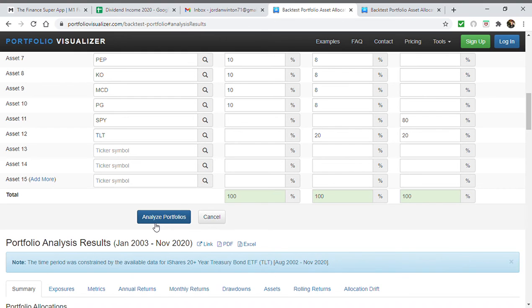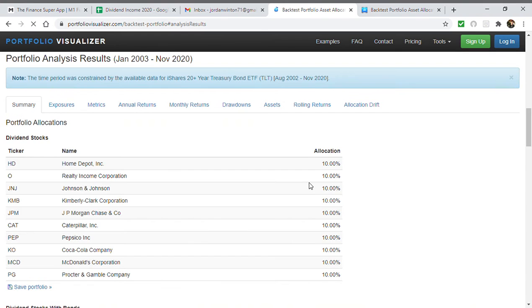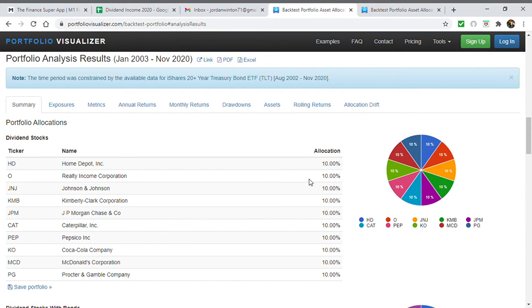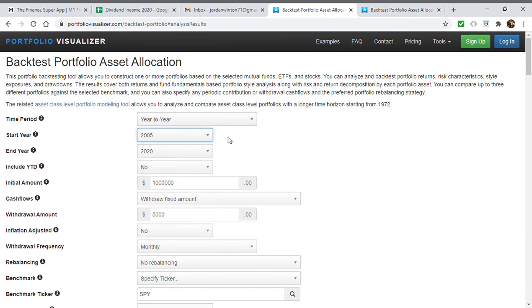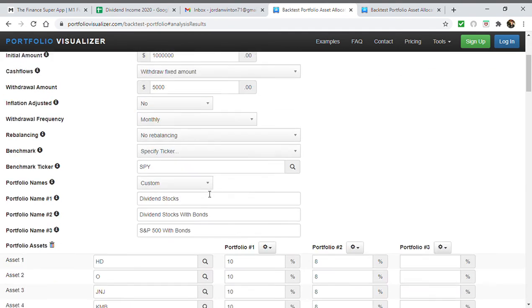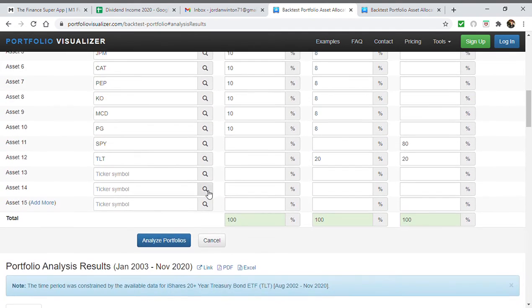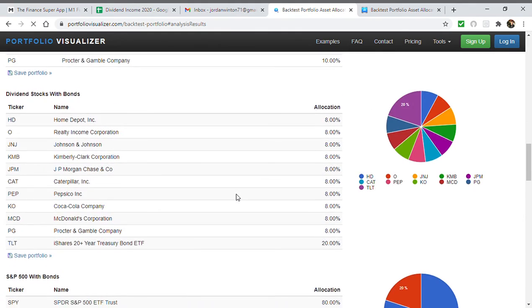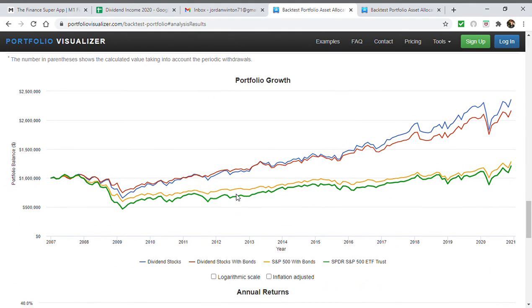Now remember, this is during the year 2000 when things are horrible. This is one of the worst times to retire because you have back-to-back recessions. By the way, I forgot to mention TLT, the Treasury Bond ETF, only goes back to 2003. So let's show a bad time, for example. Let's say you're retiring in 2007, okay? And 2007 was a horrible time to retire because of the recession. And let's look at how these portfolios did. I'll show an example further out in just a second.